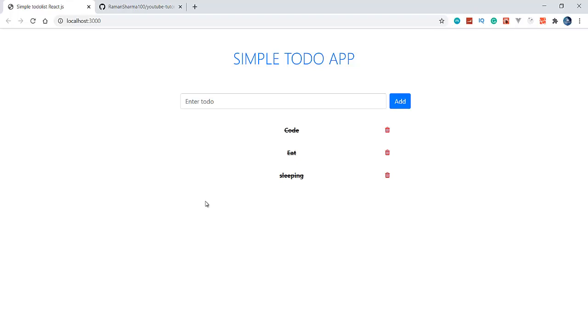When I click on delete here, the state gets updated and these two components remain. When I write sleep and click on add, the state will uplift. So we will get to know about this.